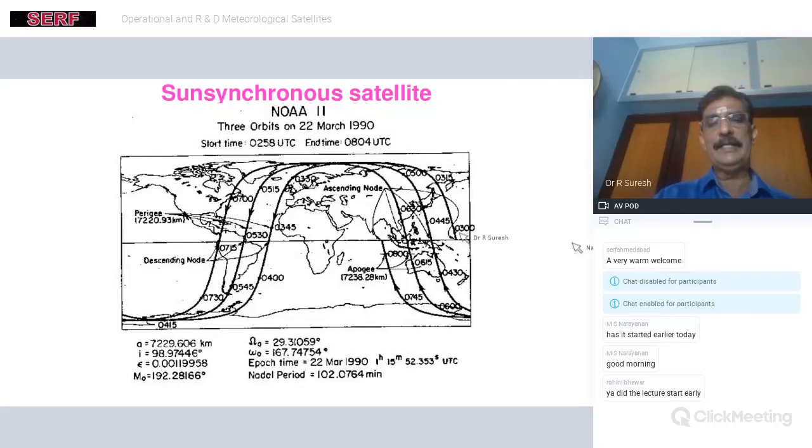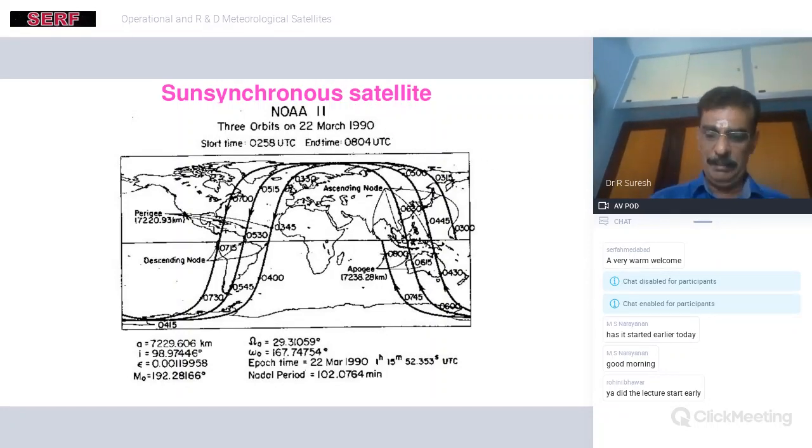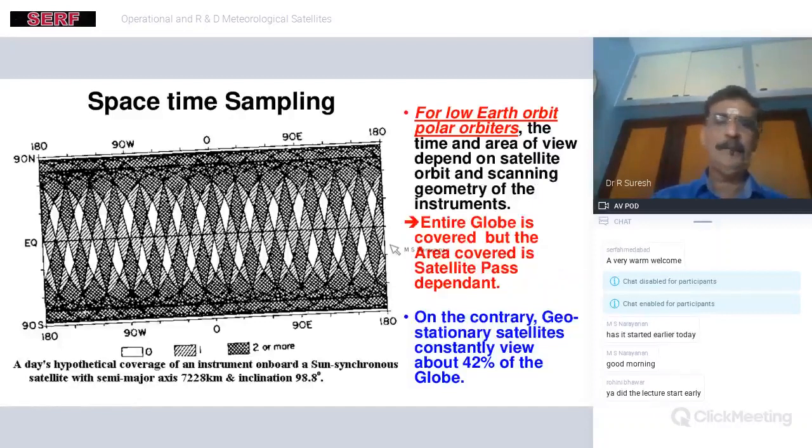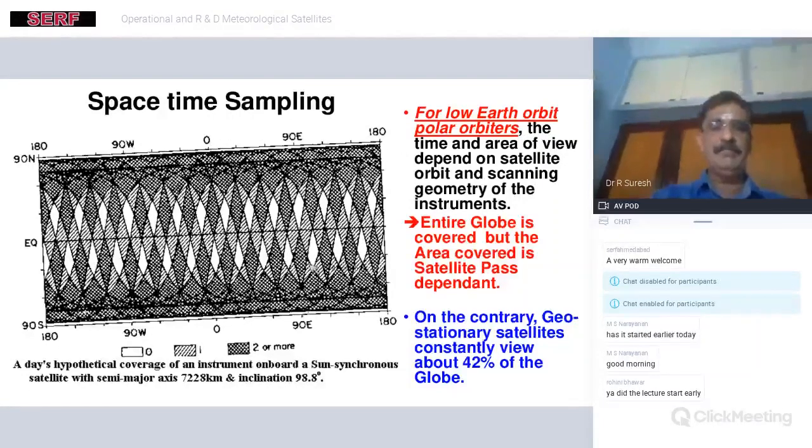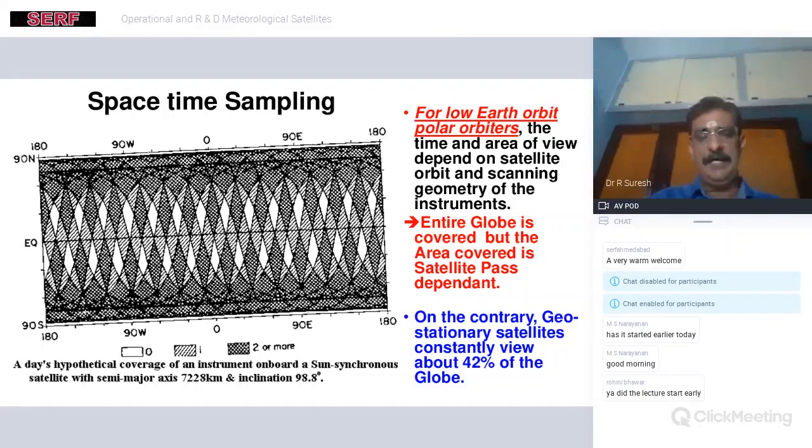3 o'clock local time, 4:45 local time, 6:30 local time, and 8 hours local time. You can very well see the time difference. It is 1 hour and 45 minutes, a 105 minute orbital period. That is what we have deduced in the first session. So it revolves completely. It has an orbit rotation covering the North Pole to the South Pole. This is the geometry. After this, for a particular satellite, the paths go on. It may be confusing initially, but I will explain in such a way that you will not have any problem in understanding it.